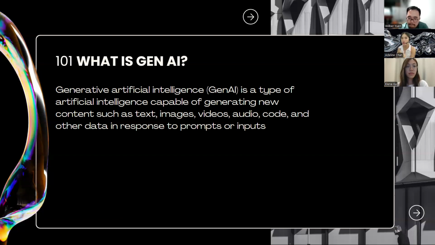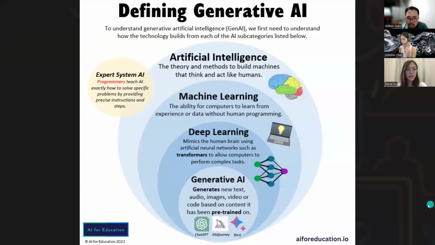So it's not just images, it can do text and image and videos, audio, code, and other data. I'm sure most of you know what ChatGPT is, or if you haven't heard of it, you might have heard of Llama or all the other sorts of large language models out there. So it is a type of generative AI, and let's just borrow this fantastic, very easy to understand diagram